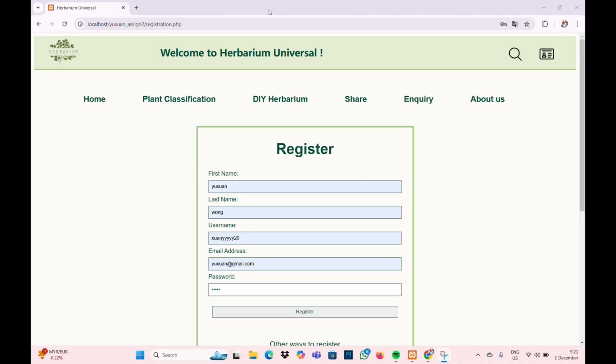On the registration page, users can securely create an account to access personalized features of the Herbarium website. After filling out the registration form with details like username, first name, last name, email, and password, the backend processes the data using PHP. It validates inputs, securely hashes the password, and stores the data in a MySQL database via